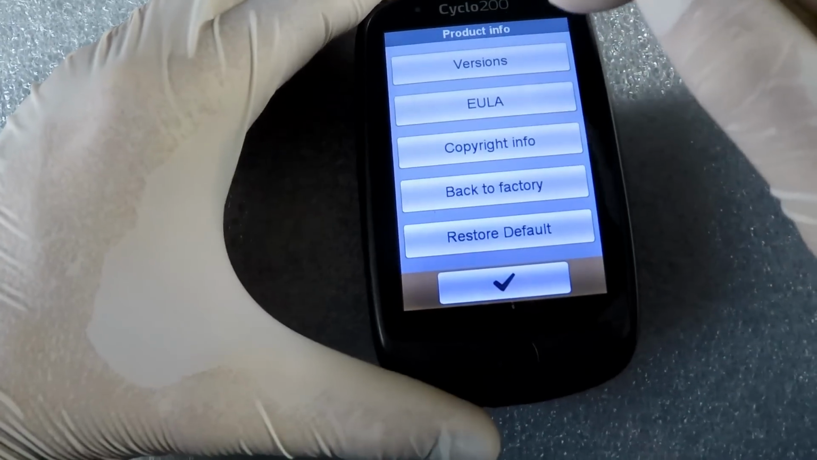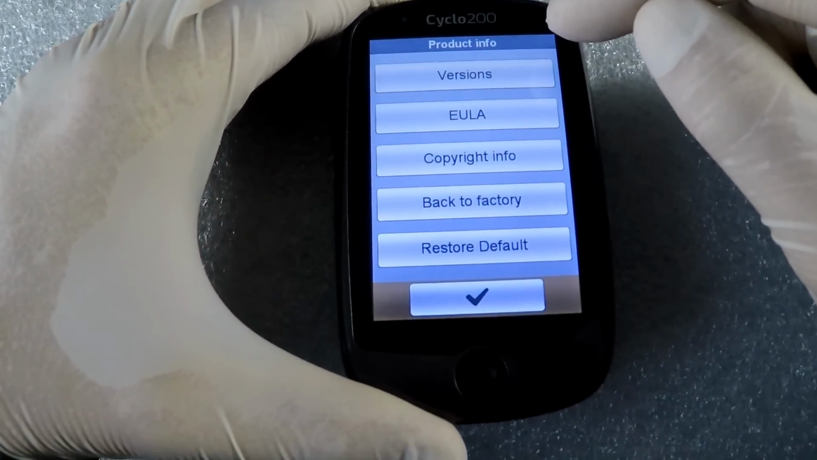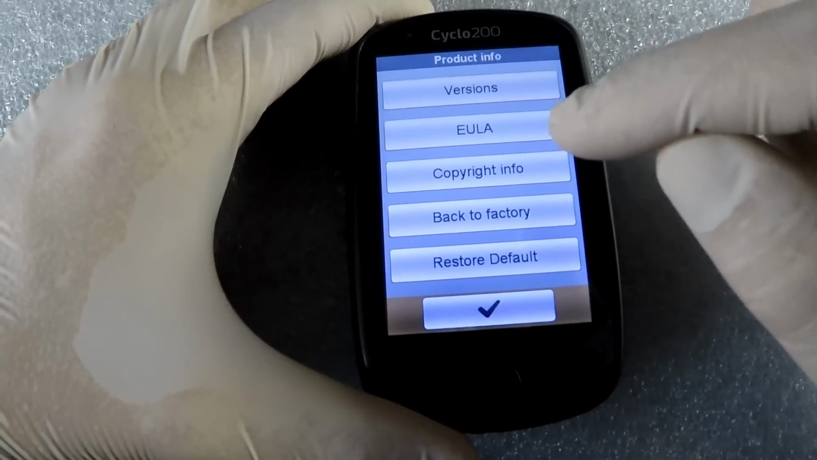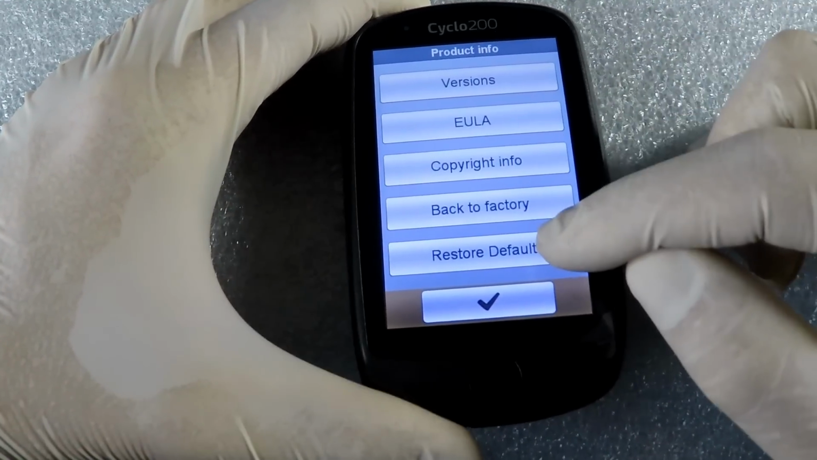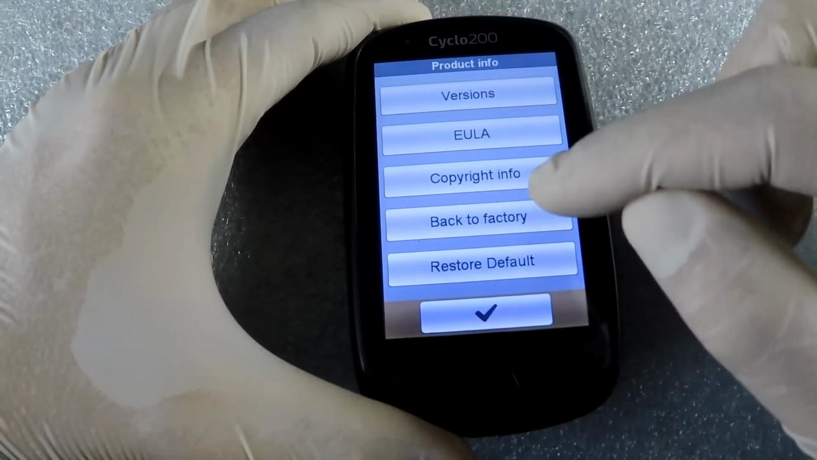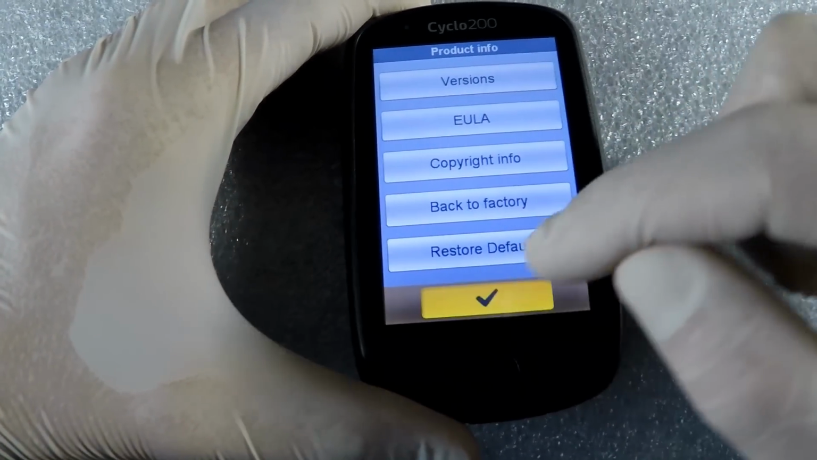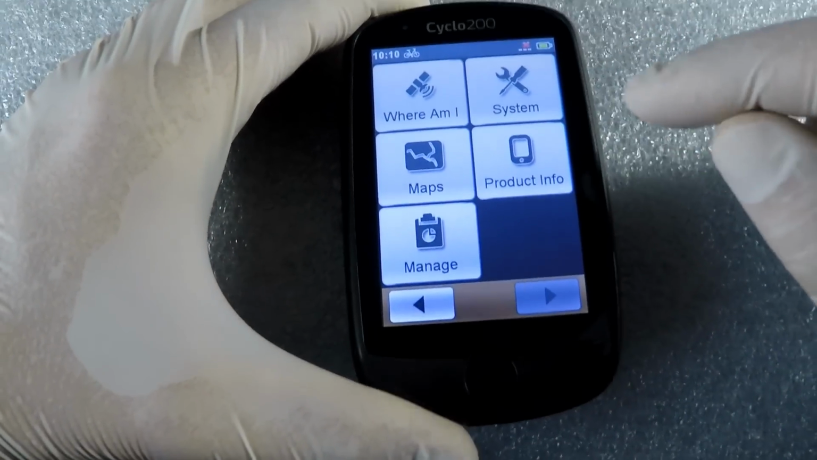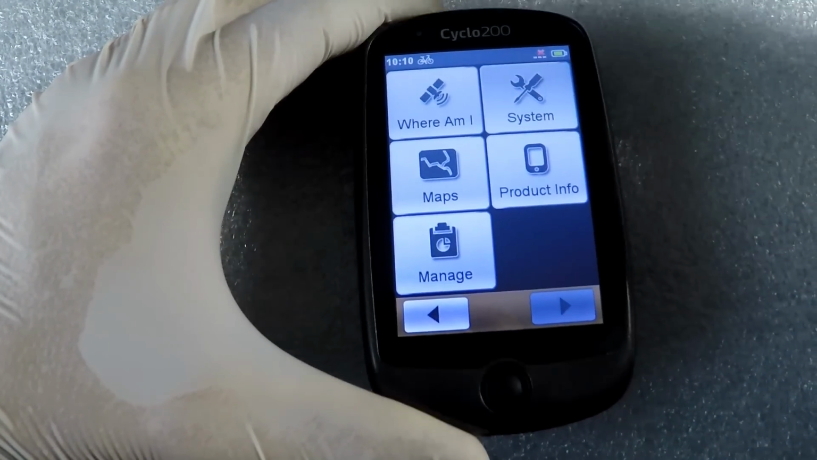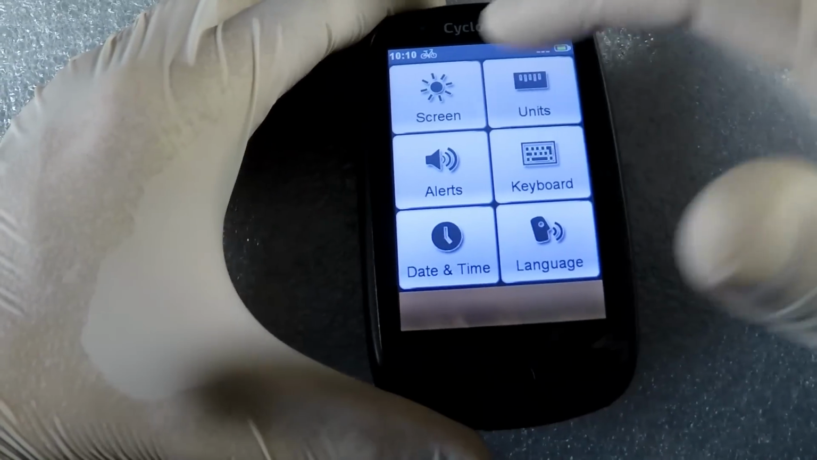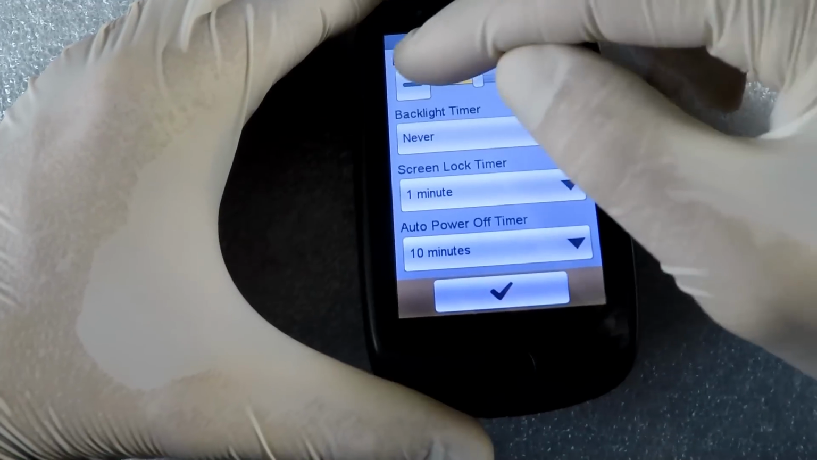Here you will see, of course, the version of the software, and we can go back to factory settings and restore default. So if you want to go back to factory settings, you do it under the product info button. And then the system, super easy. You can just set